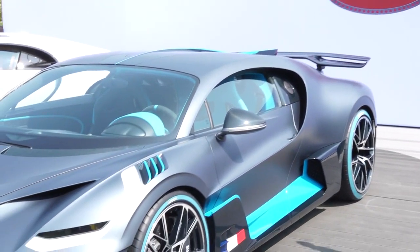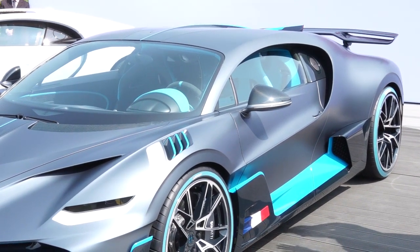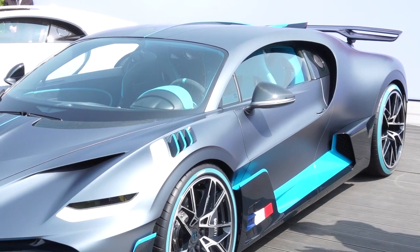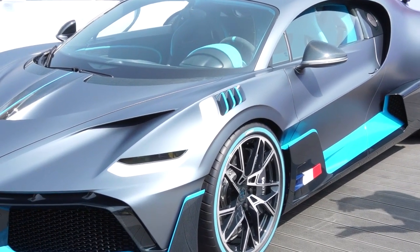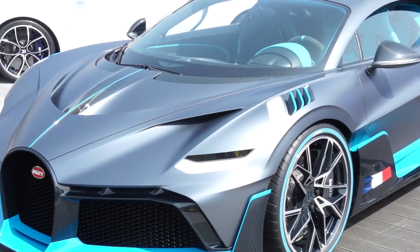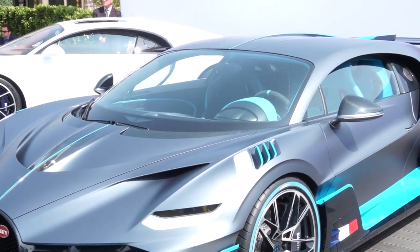But you see a Bugatti line here on the Divo in a proportion that is quite different, quite a bit more sporty and agile and lean, and also moving the car, even at standstill, slightly forward. But it's a very different proportion that you see from the side, and this leads to the agile character and